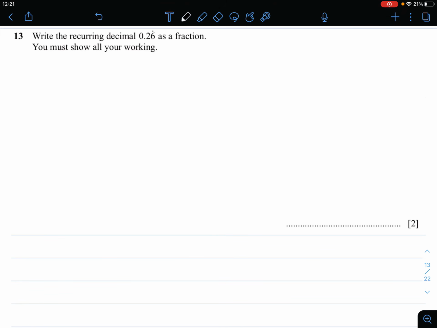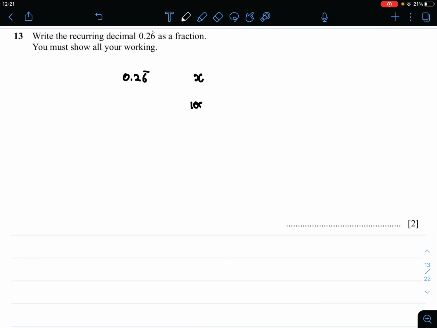So for these types of questions, I have a trick to solve the question in a quick and easy way. What you have to do is first get rid of your recurring decimal. Your recurring decimal is the 6 part of the decimal. So we can say that 0.26 recurring is equal to x, and then we can multiply both the number and the variable by 100,